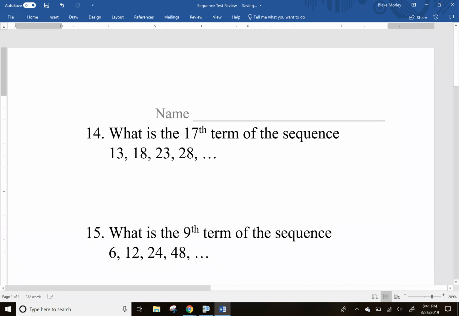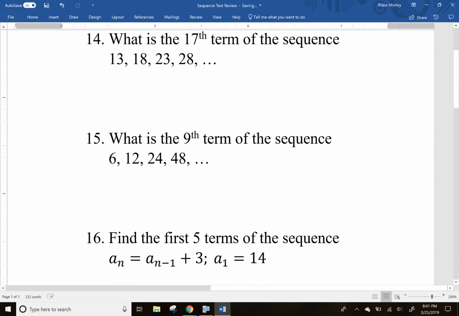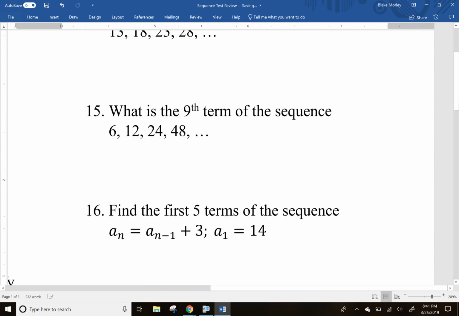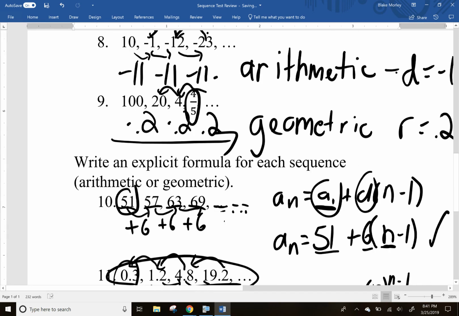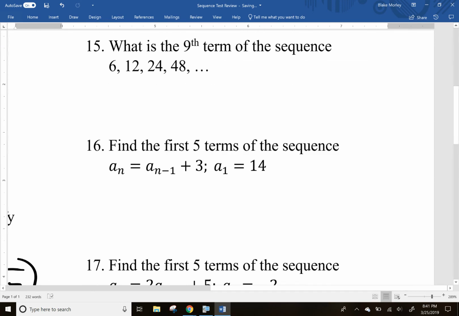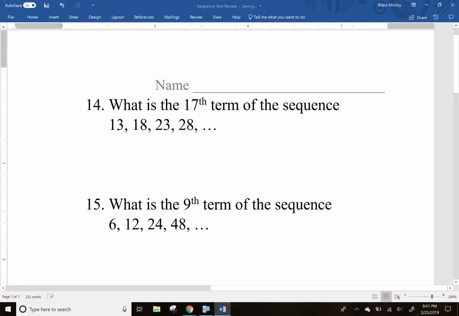All right. I know this is getting really, really long, and I apologize, but I want to be thorough. Number 14, what is the 17th term of the sequence? So 14 and 15 are pretty much the same as all of these problems down here that we just did, except now we're actually going to plug in a number for n. So number 14,